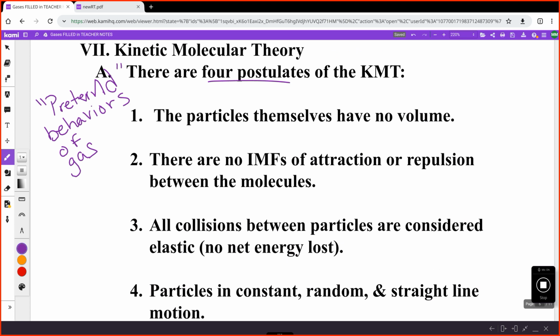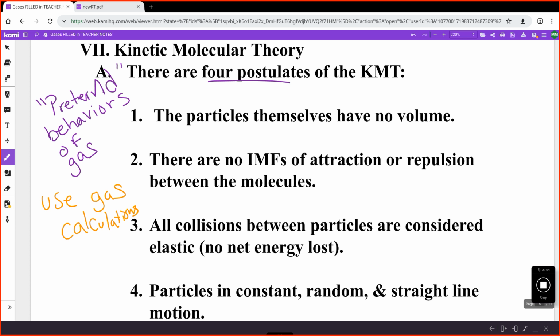We pretend that this is the situation in order for us to use gas calculations. Okay. So that's kind of like my little preface. These are not real situations, which you'll understand as we go through it. We just have to imagine or pretend that these are the conditions that gases behave in order for us to